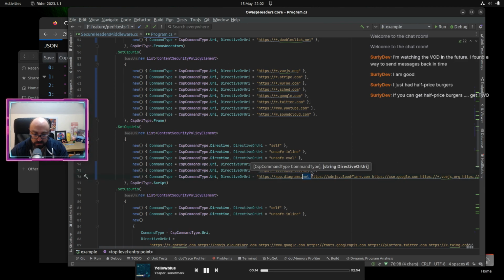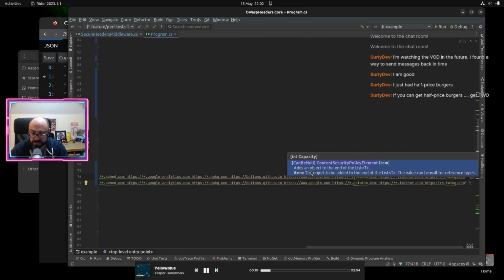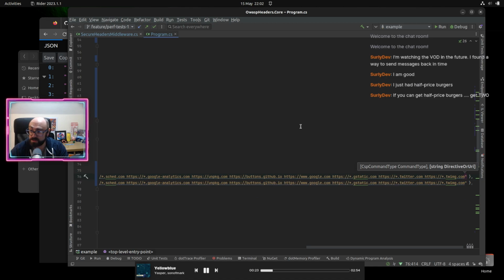So, what I'm doing, because you probably didn't catch the beginning part, is I want to test the speed at which the content security policy